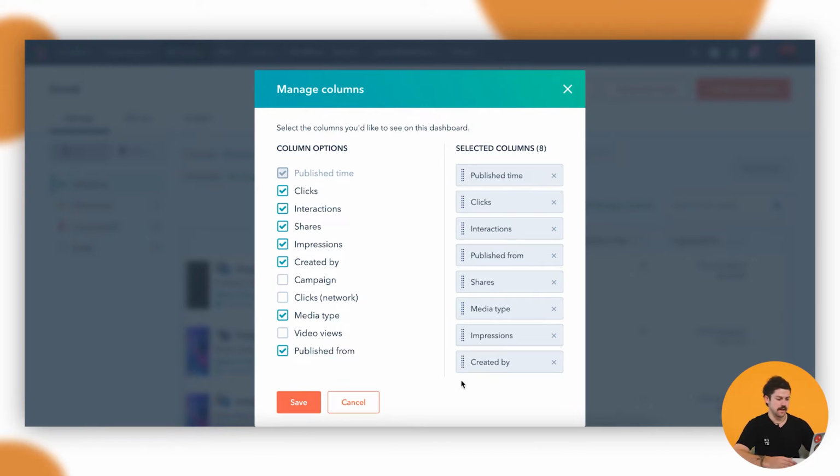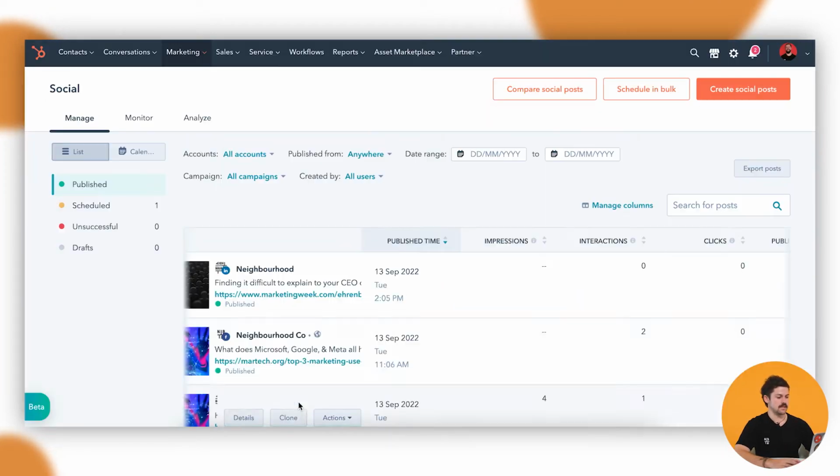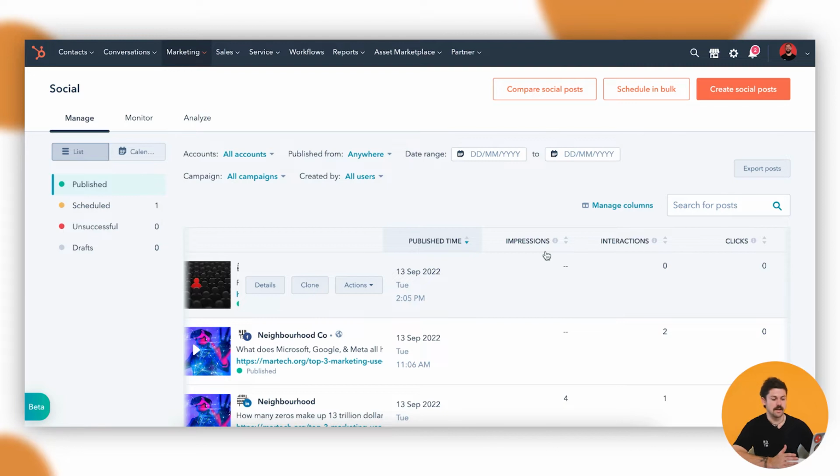You can also move these around. So let's just say that I was more focused on the impressions above the clicks. We'll put that one there and interactions as well, above clicks as well. We'll just hit save here, now you can see that the impressions and interactions have been added in this list